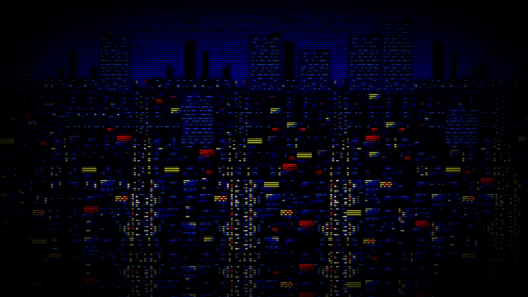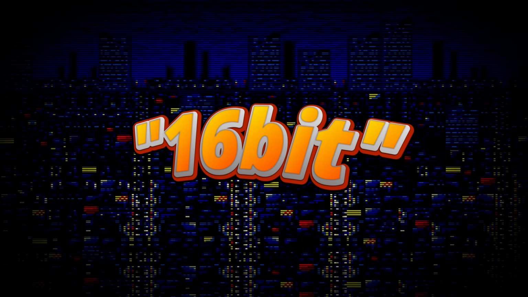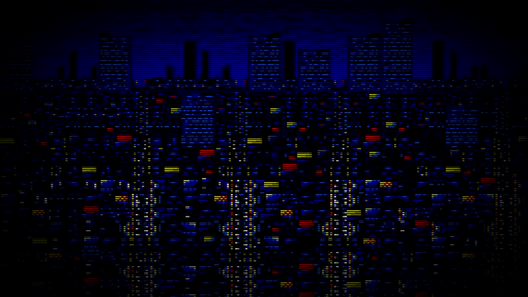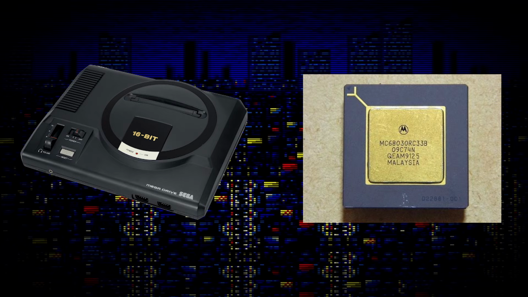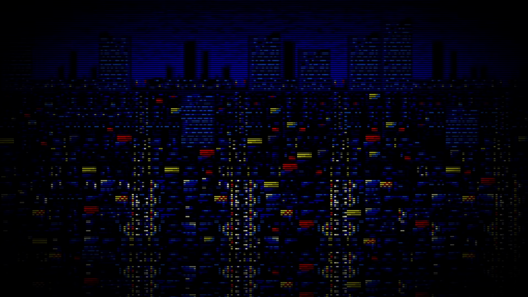But then things start to get messy because as we hit the late 80s, we get into the 16-bit era. But even this becomes somewhat messy. Yes, the Mega Drive used a Motorola 68000 CPU, which was a 16-bit CPU, albeit one that could work as a 32-bit CPU internally, but was generally in its base form running 16-bit instructions on a 16-bit bus. Ergo, it was a 16-bit CPU.